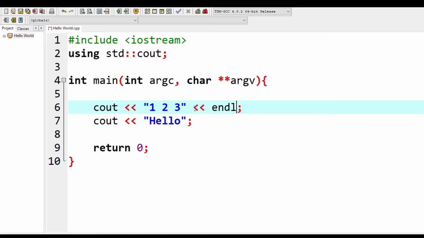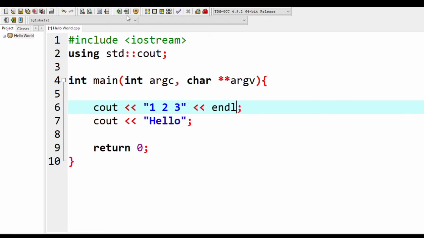The endl is a manipulator that inserts a new line and flushes the output buffers. We will explain that later, but for now we know that endl is like backslash n. It will insert a new line and the hello will be written on the second line.